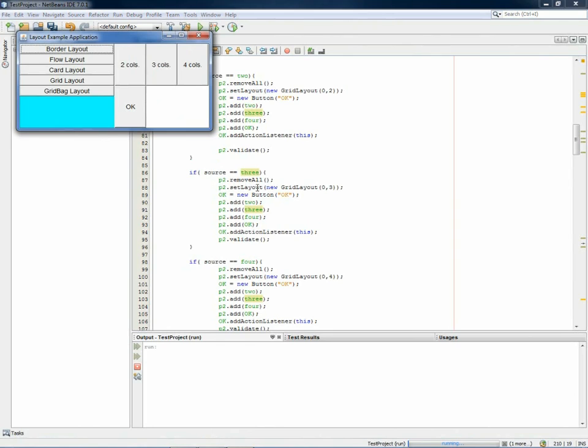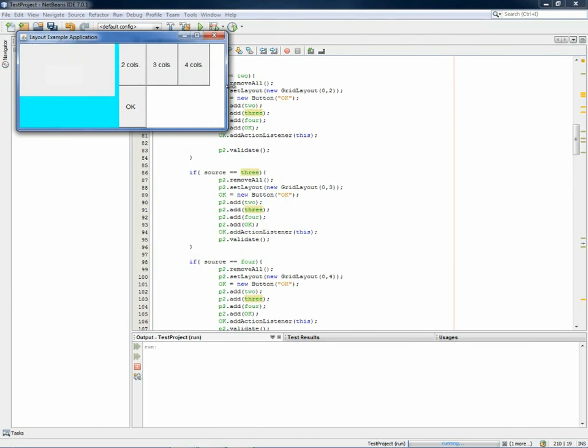We set a new grid layout, which is 0 rows and 3 columns. And we are going to add these buttons, and that's it. In fact, this is not enough place here for it,